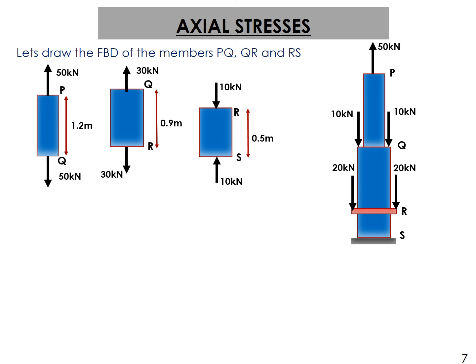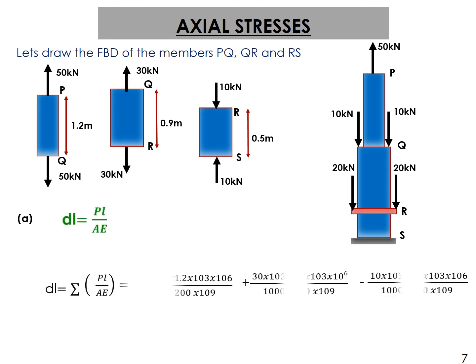Now, in order to find the change in length, we have to apply the formula individually on member PQ, then on member QR, and then on member RS. Corresponding to the length, whether it has decreased or increased, we will add or subtract the length. In this case, total del L becomes del L of PQ plus del L of QR, since the lengths are increasing based on the tensile load, but minus the length of RS, because due to this compressive load, it will decrease.